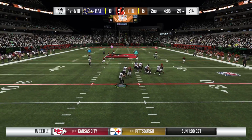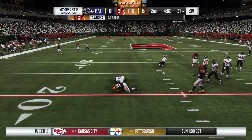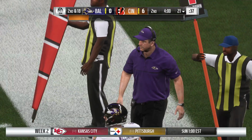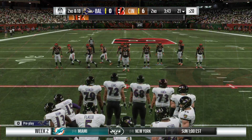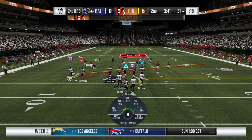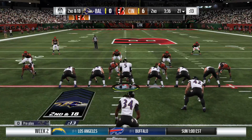Passing play, Flacco steps, and he can't get rid of it. He's taken down. Geno Atkins with a great push up front. He picks up the sack and a loss of 8. That's a pretty darn good start to his season, huh? A sack in the opener, adds a second one here. That tells you about his...